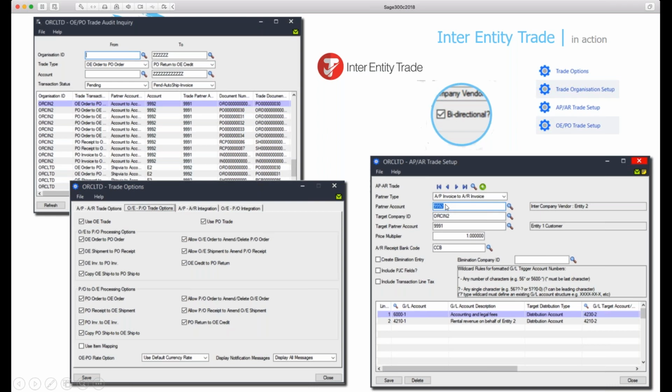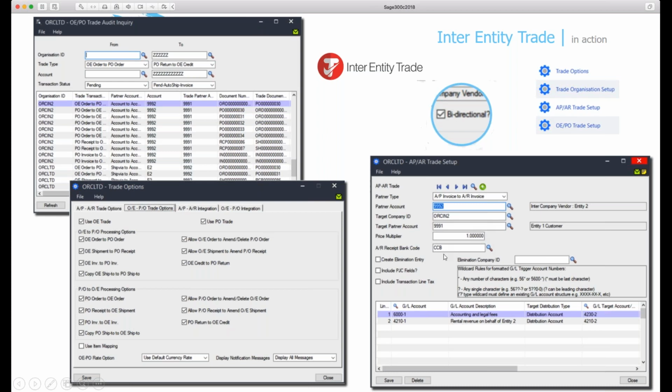And what we're telling Inter-Entity Trade to do here is that if a transaction comes through against 9992, to then create a mirrored AR invoice in ORCIN2 using AR customer 9991. We've got that ability to do the markup that I mentioned earlier on, and we've got